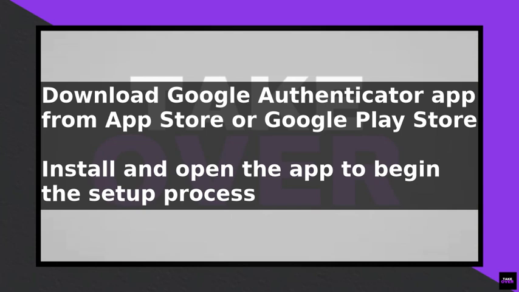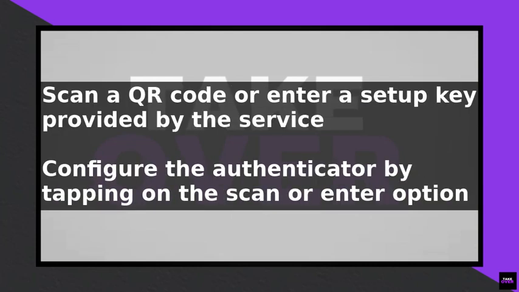Once installed, open the app and tap on the plus icon to begin the setup process. Next, you will need to scan a QR code or enter a setup key provided by the service you want to secure. With two-factor authentication, this could be your email provider, social media, or any other online service that supports